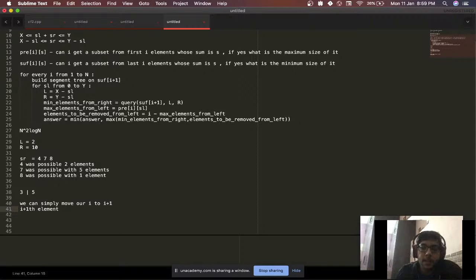Either the I plus 1th element was one of the elements to be brought from the right to the left, or the I plus 1th element is one we don't want, so we are just simply ignoring it. If it is one of the elements that wanted to be brought to the left, so good, we already brought it. So what